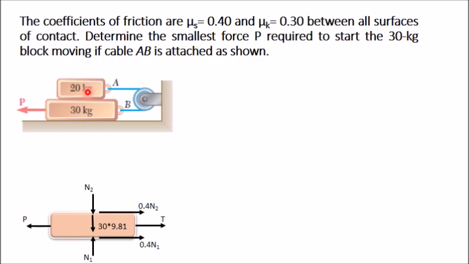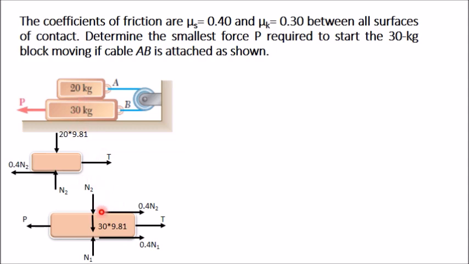Therefore you have to draw the free body diagram of this 20 kg block. So I have drawn the 20 kg block free body diagram. First, its weight acts vertically downward. The mass is 20, so 20 into 9.81 acts vertically downward. Now at this contact surface you will get the same forces, equal and opposite, between these two blocks. Here you have drawn N2 downward, so you have to draw N2 in the upward direction, the same N2, because these are two contact forces.